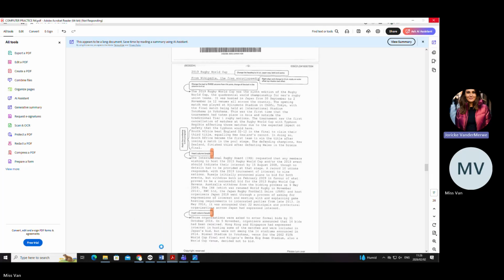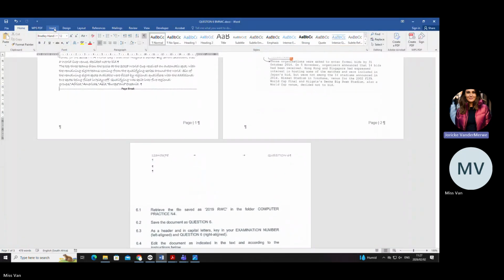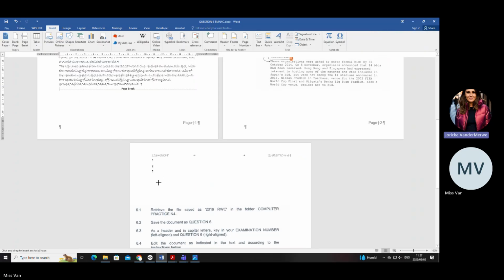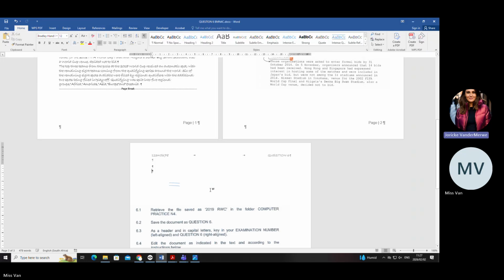While we're at it, I'm going to ask you to see if you can find the following thing on the next page. It looks something like this. It's just a little bit smaller than this. It's got two horizontal lines, and then another symbol with one horizontal line and two vertical lines. Can you see that somewhere?